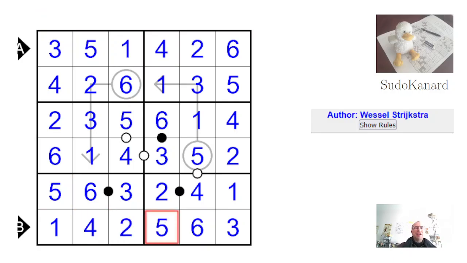And this is it. So that is a way of solving this arrow and Kropki Pairs Sudoku 6 by 6 by Wessel Strijkstra. It was quite difficult with this X-wing. I didn't just find it, I had found it earlier. I don't remember if I found it when I solved it during the contest. And this is of absolutely no